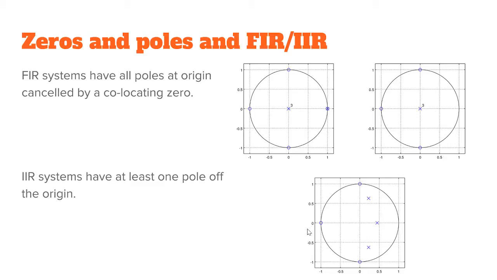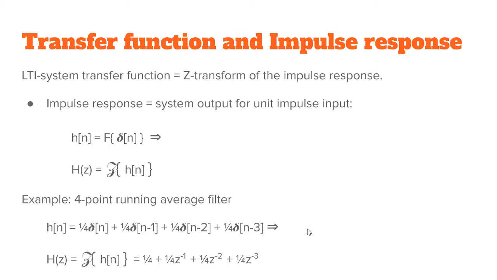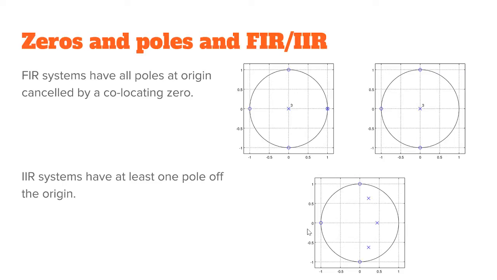Then of course when we have the transfer function, I immediately start talking about the zeros and poles. You can actually also see if the system is FIR or IIR, depending on how many or where the poles are. On this one, we have non-zero poles inside the unit circle, but they are non-zero. So this system actually is infinite impulse response. While this system here,